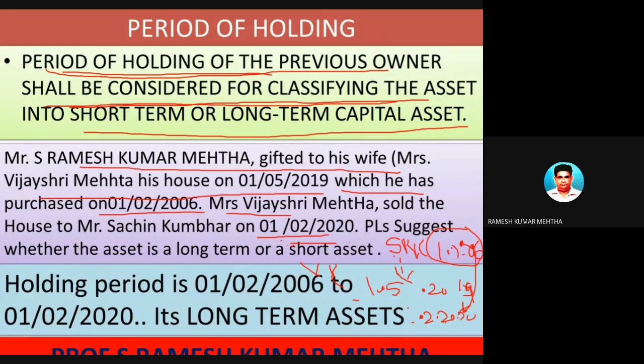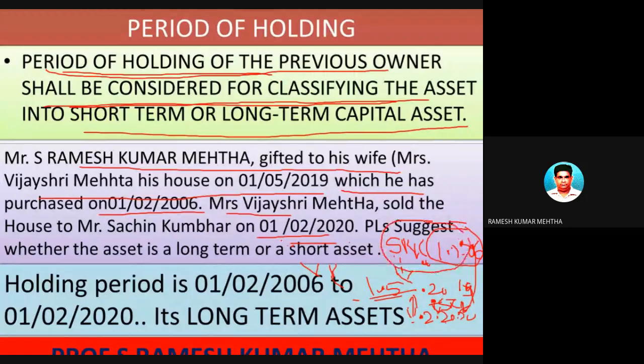capital asset or a short-term capital asset, and not from 2019 to 2020, where she has acquired on 1/5/2019 and sold it on 1/2/2020. If you have considered this, then it is wrong, because this is a short-term capital asset. But the answer is that it is a long-term capital asset, because the previous owner's holding also should be considered. So